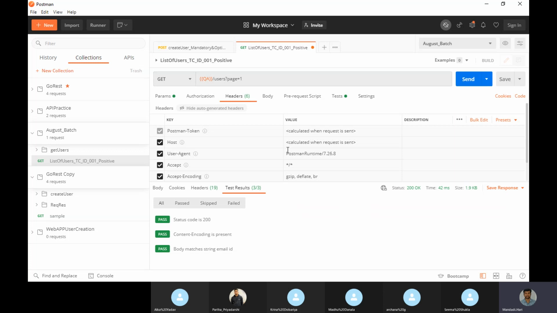This is one challenge you can mention: debugging is very difficult if some API is failing in automation. Whenever you write test cases or scenarios in automation, sometimes it fails, but manually it passes. How do you handle that?